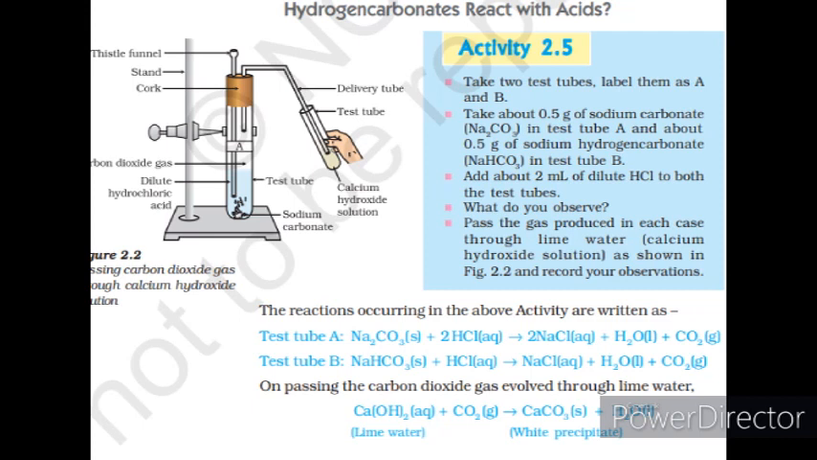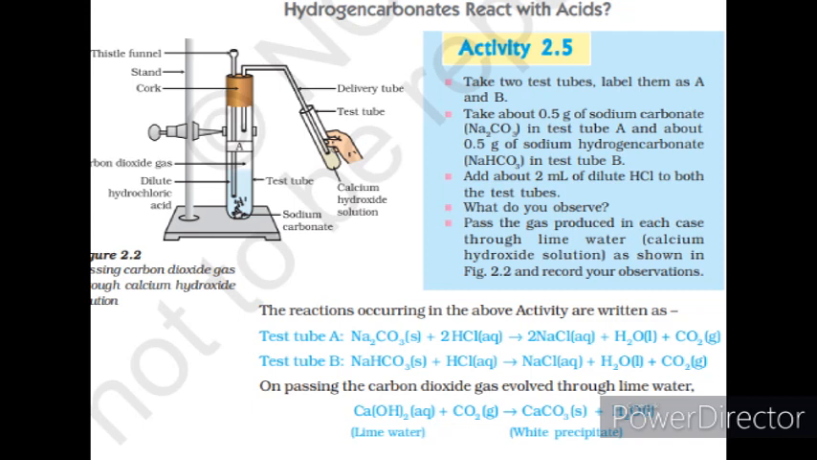You will see that a double displacement will occur over here. Sodium combines with chlorine to form sodium chloride, and then what are we left with? Hydrogen carbonate, which breaks down into water and carbon dioxide. The same reaction will occur in test tube 2 or test tube B. Now when you pass this carbon dioxide through lime water, the formula of lime water is calcium hydroxide. You will observe that the lime water will turn milky as it forms white precipitates of calcium carbonate along